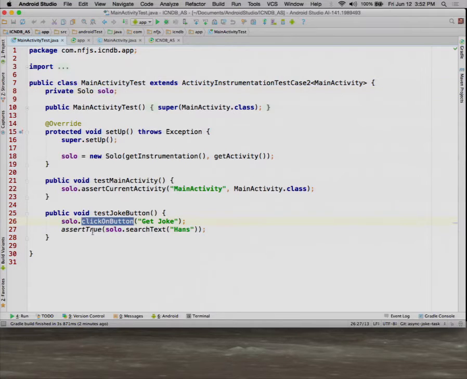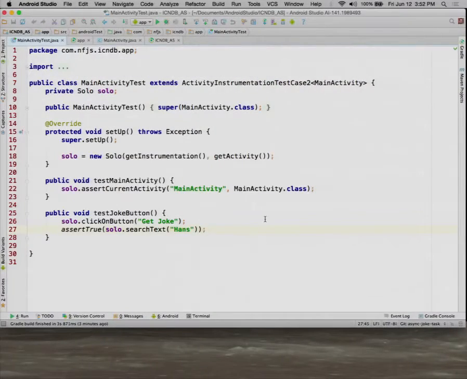You click on the button, and then you search the text so you can find out what's going on. Now here's the cool part. Assuming I have all the dependencies set up, and I do, I want to run a Gradle test that runs this test on both of those emulators simultaneously. It'll run on all connected devices at the same time.